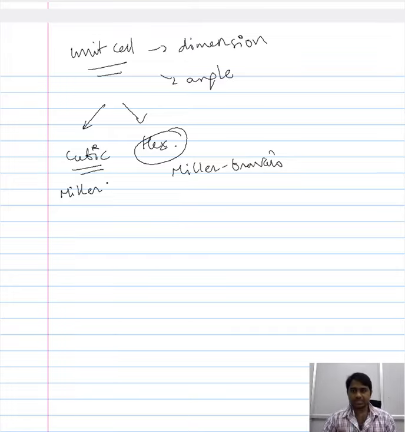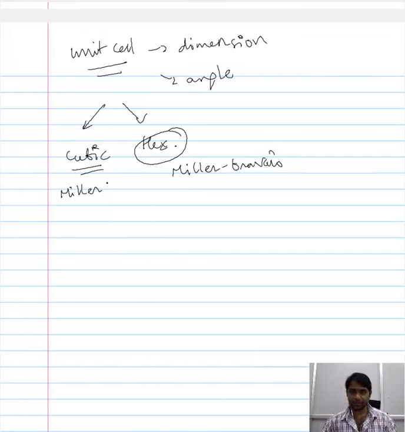Now, this unit cell is a simple representation of the atomic arrangements in a crystalline material. Based on this unit cell, we identified ways to represent a plane or a set of planes, a direction or a set of directions within the unit cell. And since the atomic arrangement in a crystalline material is nothing but the repetition of this unit cell, by considering a family of planes, we are now in a position to describe any plane of atoms in a crystalline material.